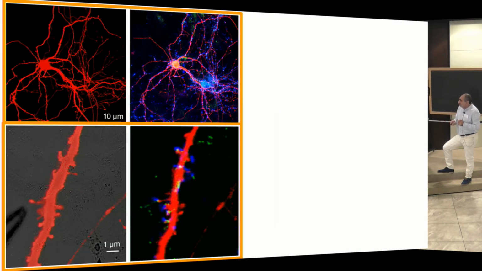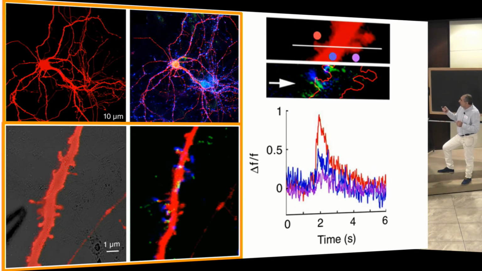Then we went to specific spines, and it was very complicated work because we had to find the same cell after the experiment to do immunocytochemistry and to find if these spines have presynaptic terminals. So blue here is the same cell after fixation, and blue represents presynaptic terminals. So please check this guy, which has green ORI and a blue presynaptic terminal.